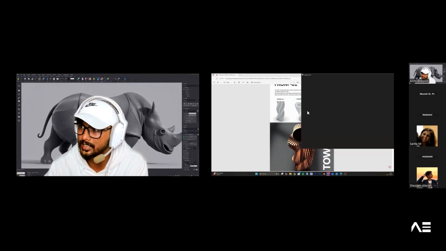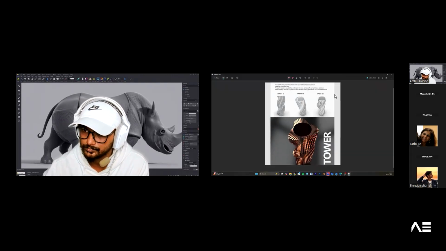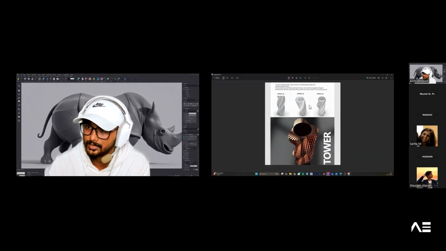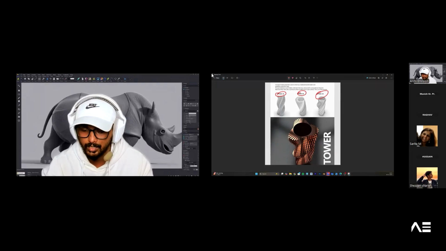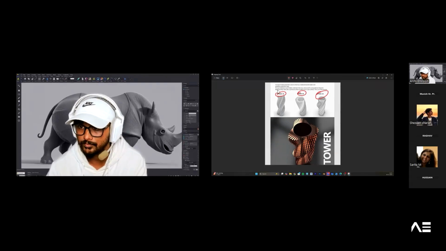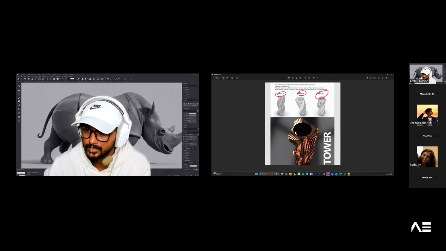So this is basically a tower. These are all the options: option 1, option 2, option 3, and option 4. These are the options which we got for the output. Here you will see a circular thing, and it will give lines which are away from it, and it will have a form, right? So it will have a form.